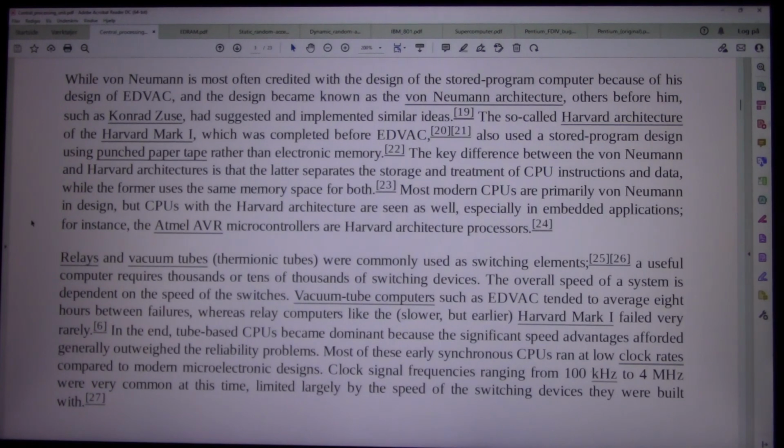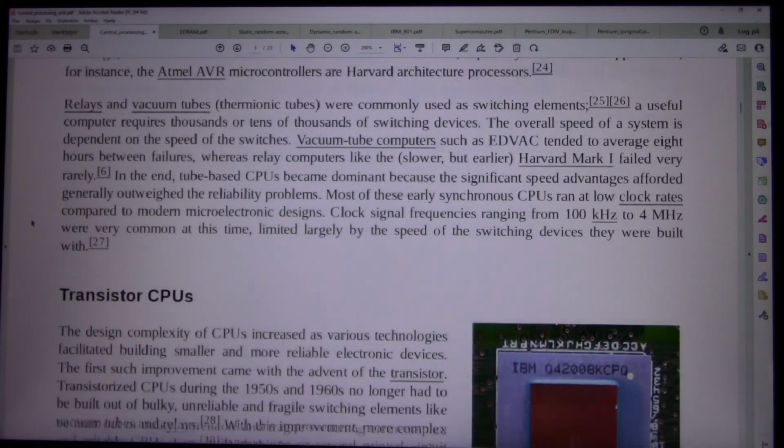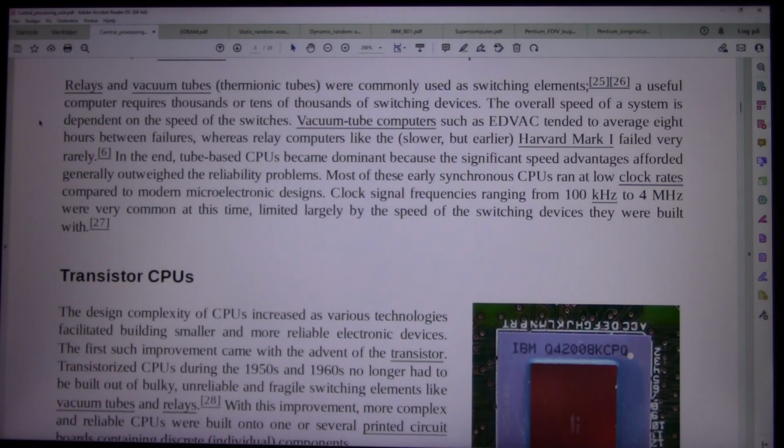Relays and vacuum tubes, thermionic tubes, were commonly used as switching elements. A useful computer requires thousands or tens of thousands of switching devices. The overall speed of a system is dependent on the speed of the switches. Vacuum tube computers such as EDVAC tended to average 8 hours between failures, whereas relay computers like the